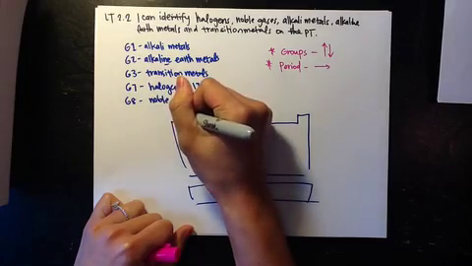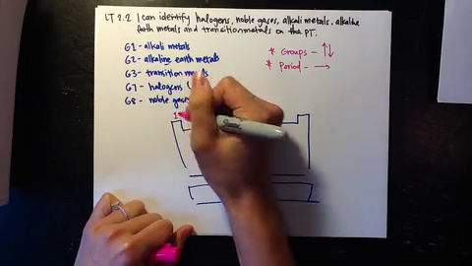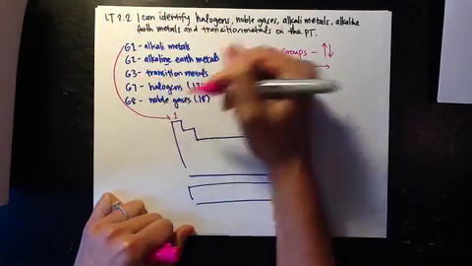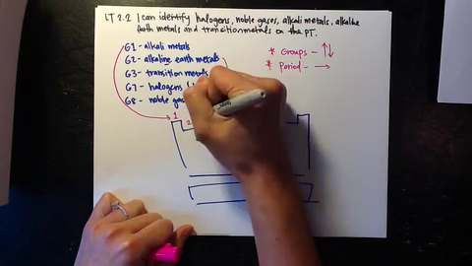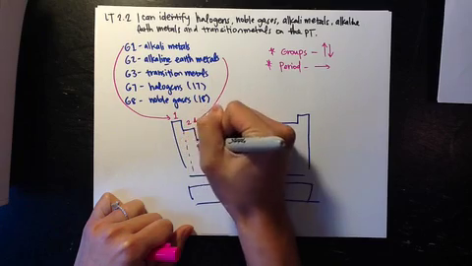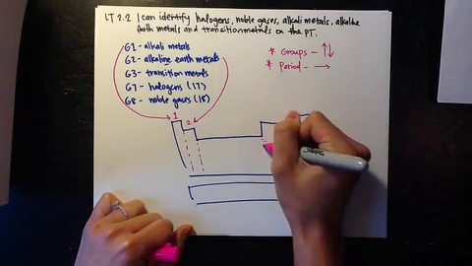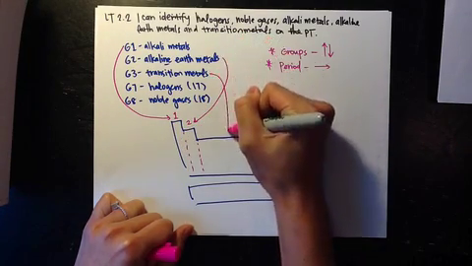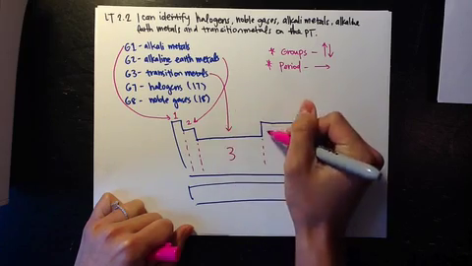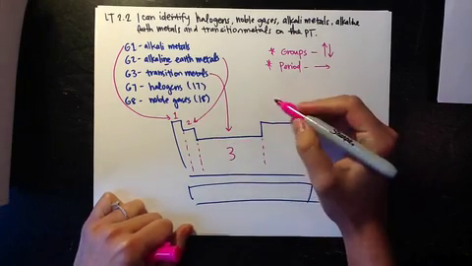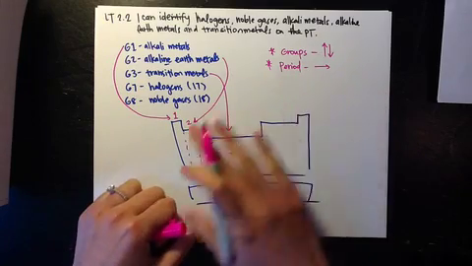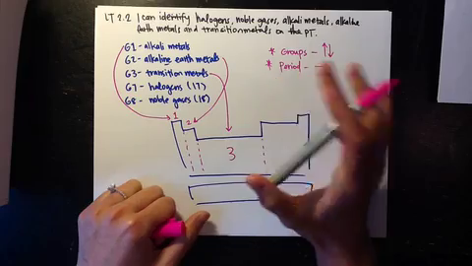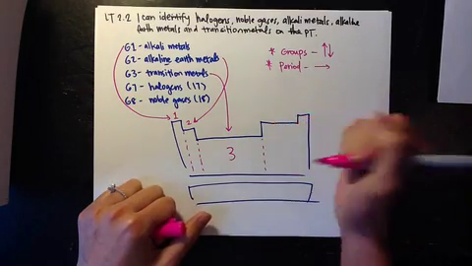Right. Group 1 is the first column, alkali metals. Group 2, second column. Right. Again, let's just pretend it looks like this. Group 3, the transition metals. They're all in the middle where they sort of drop a little lower. Reason being, they're not the representative elements on the periodic table. We sort of ignore them because they do funky things,